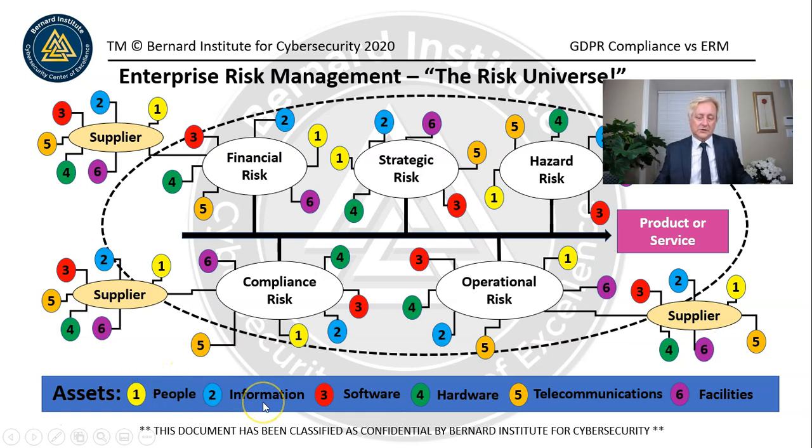And the same with information applies. So information has unique types of vulnerabilities that people don't have, for instance, or software doesn't have. So if we treat the vulnerabilities and the risks around these different assets in this manner, we have a more efficient, effective way of doing vulnerability management, asset management, treating risks with a risk treatment plan. This is a really important, streamlined approach that I've developed on my own over the many decades of experience.